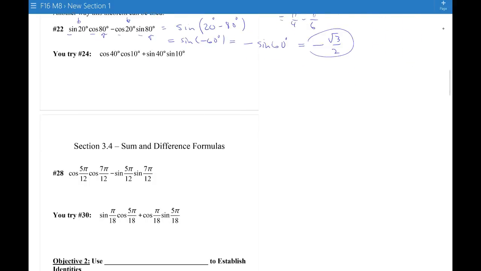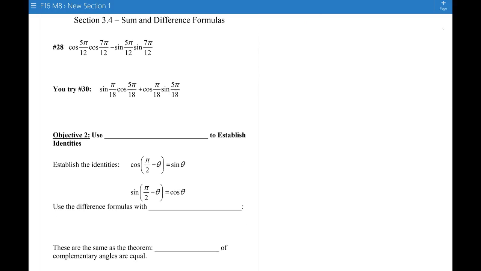And I'll let you look at the next one. So here's some with radians. So you can look at those also. So next we're going to use the sum and difference formulas